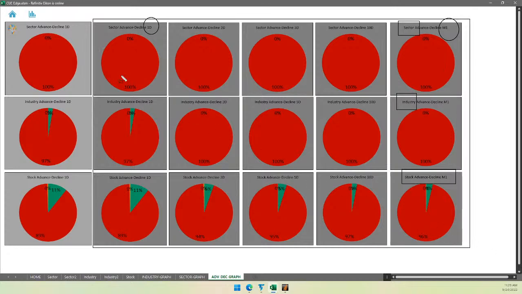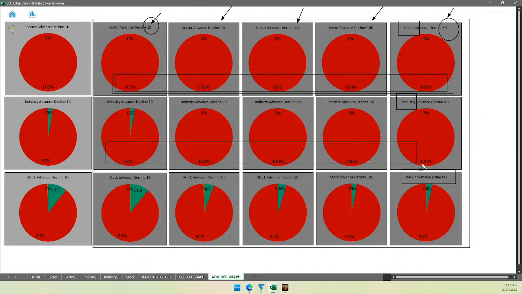All the periods, if we see the sectors, all the sectors 100%, they are bearish for the long term 1 month, 10-day period, medium term 5-day, and short term 2-day, 1-day. Cannot get any more bearish than that. What about the industries? In fact, it hardly can get any more bearish than that. 1 month 100%, 10 days 100%, 5 days 100%, 2-day 100%, only 1 day 97%. How much more bearish can it get?